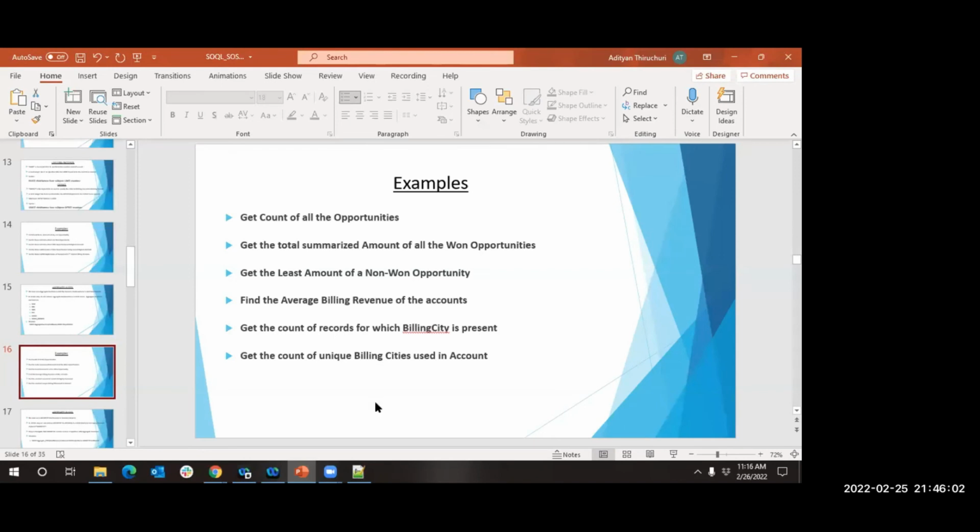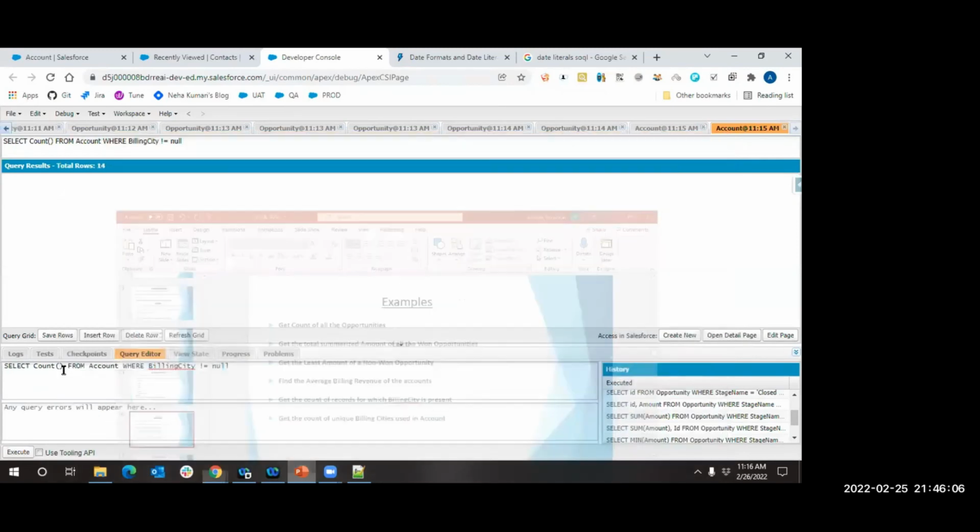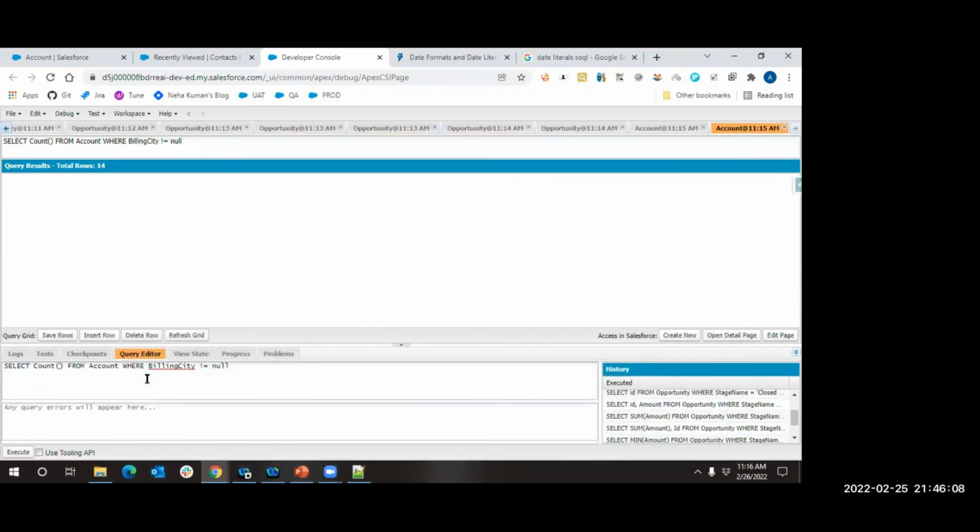Okay, then what should we do? At this point you have to understand that count can also have a parameter, the same as sum, min and average. Just like how we specify a field there, in the same way for count also you can specify a field here. When you say count of, let me take one example, select